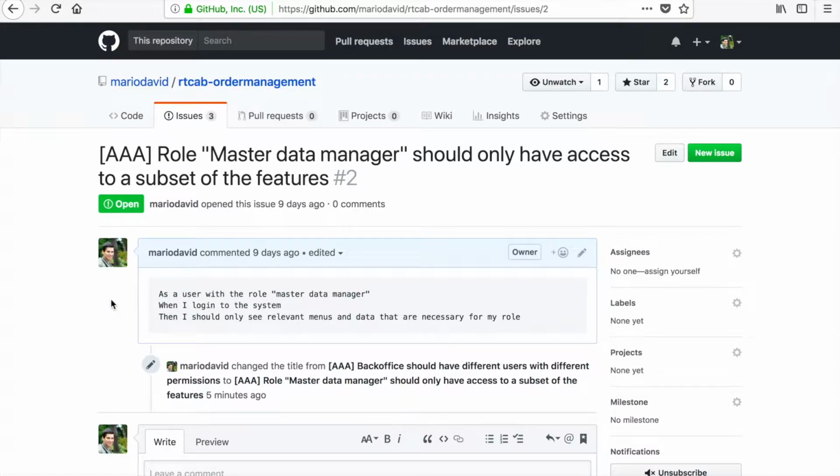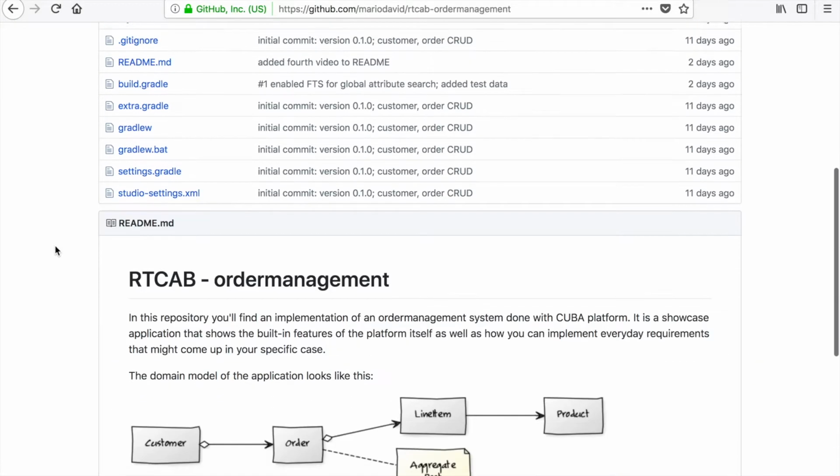The role Master Data Manager, which is a kind of person that we have in our system as a user, should only have access to a subset of features. When I log into the system, I should only see relevant menus and data that are necessary for my role. So in order to make that happen, when we go back into this main view here